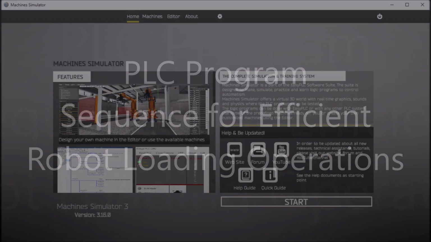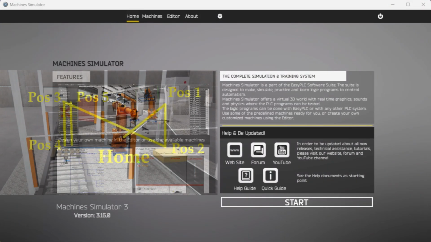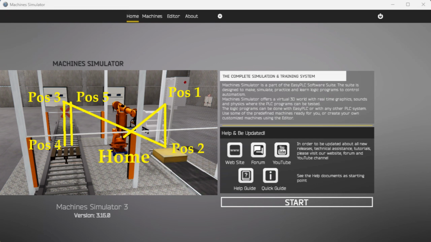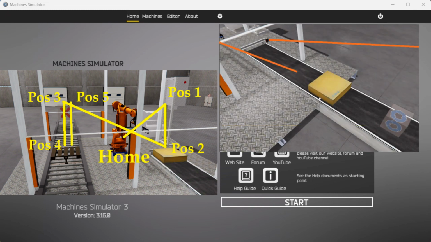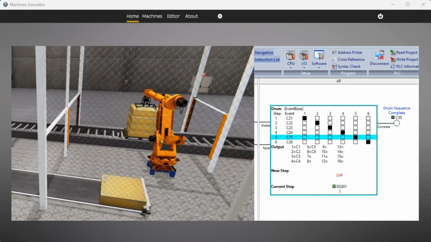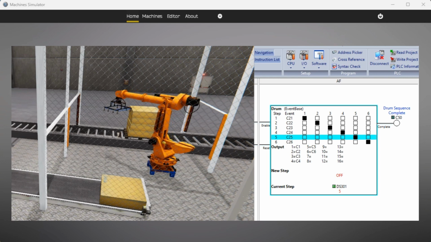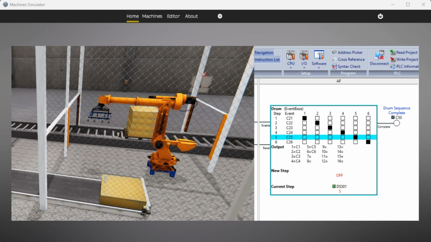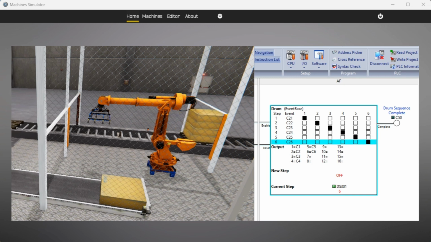Hi everyone, today we're going to be looking at the PLC program sequence for efficient robot loading operations. The integration of automation and robotics has revolutionized modern industrial processes, particularly in material handling. The EasyPLC Machine Simulator Robot Loader, which loads boxes onto skids in manufacturing facilities, can be used to help learn PLC programming. This 3D simulation robot loader communicates with a Click PLC through Modbus TCP or Ethernet communication, enabling seamless